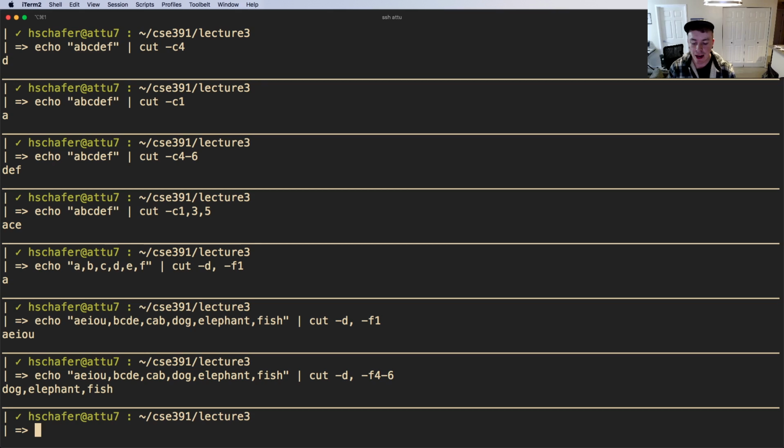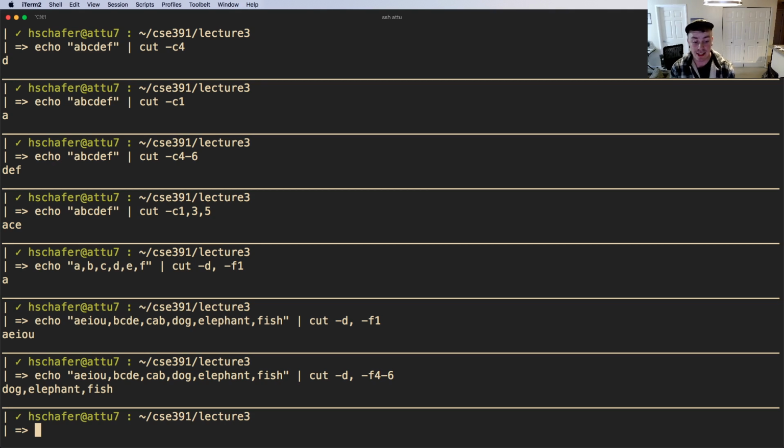So this is a very, very useful type of processing for when you know there's structure in your inputs. So you'll have to use cut on your next homework assignment. It will be very useful for data processing. Let me show you one last example, kind of similar to the one I showed you last week,